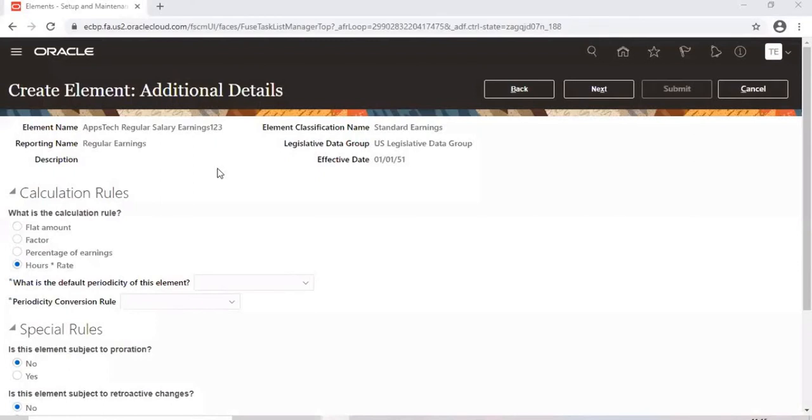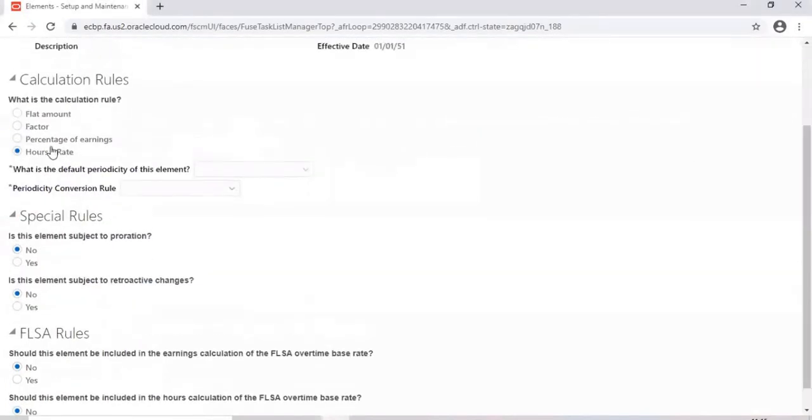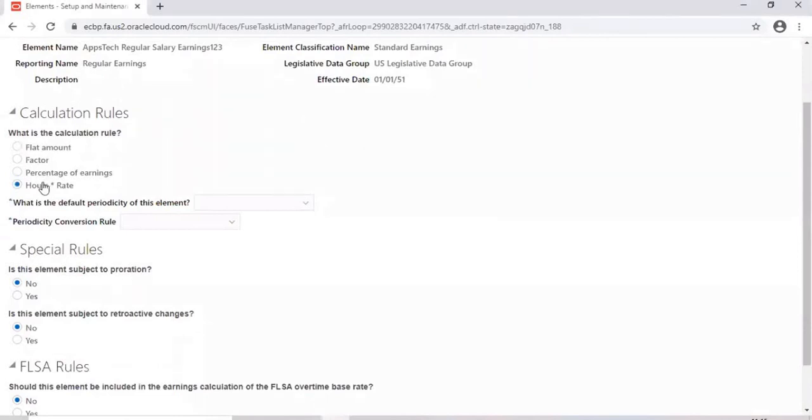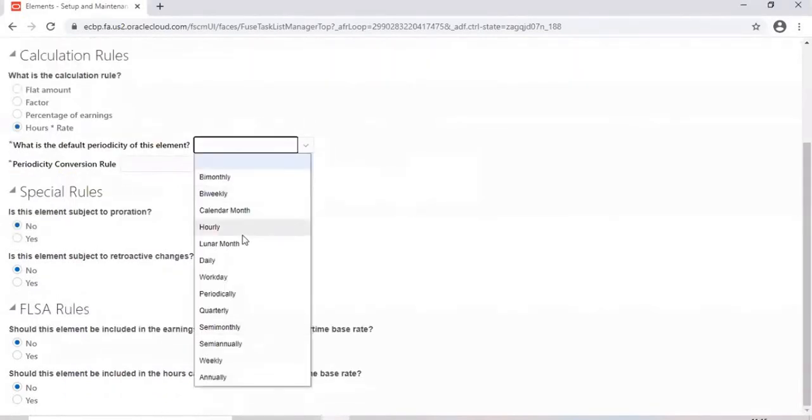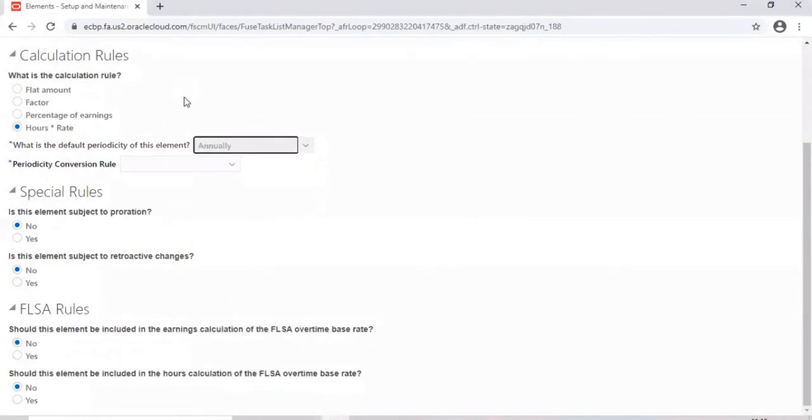Okay, coming to the calculation rules. Depending on the option we choose here, the corresponding input values will be generated. Then what is the default periodicity of this element? Depending on the requirement we choose here, usually I will select annually for the regular salary. Regular salary in the sense that I am using this element for my salary basis purpose. We are going to see what is salary basis.